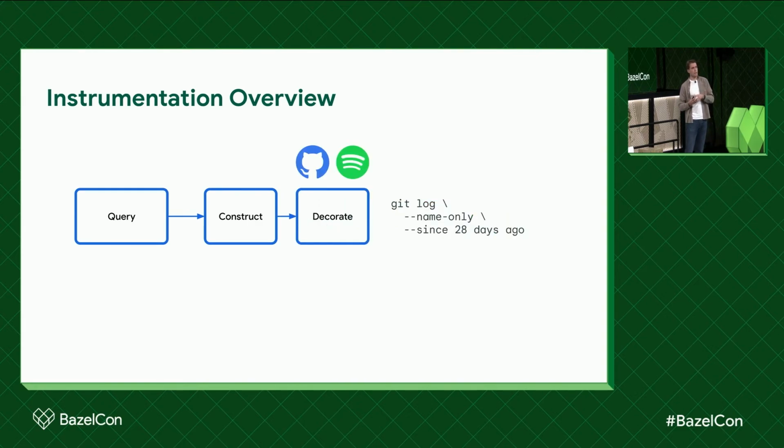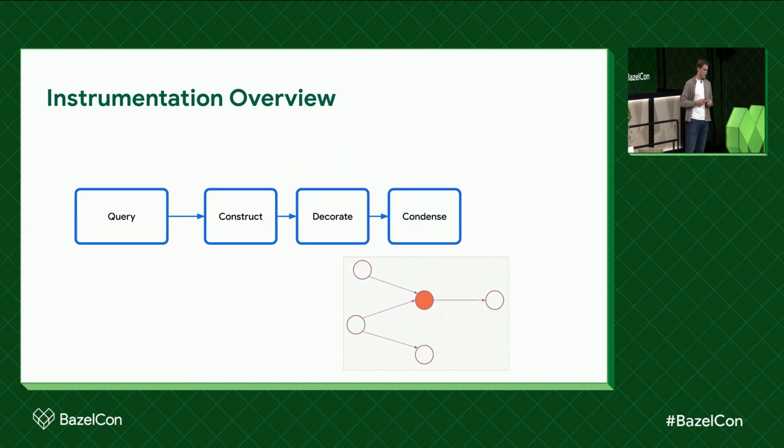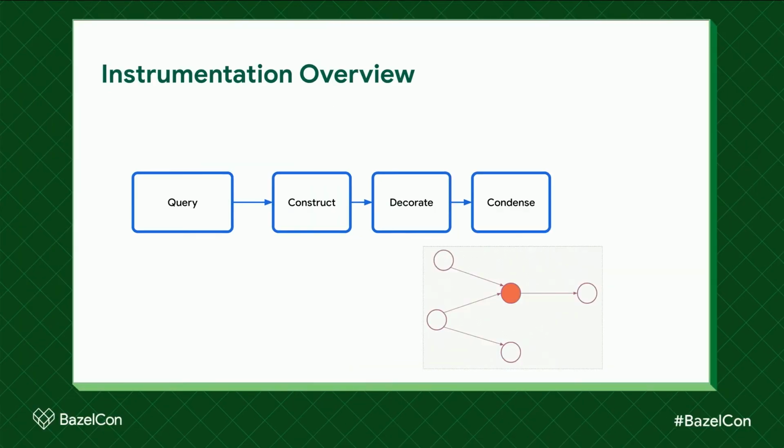With the complete graph on hand, we have a decoration step where we add some additional metadata to the graph, such as internal ownership data and Git contribution data, marking all source files by the number of times they've changed over the last 4 weeks. But the complete graph we get from the XML file is really big, and it contains all the source files, file groups, and other targets. So to make it easier to understand and calculate the metrics, we have a condensation step where we allow the developer to specify what targets to keep and which ones to remove. And as we remove targets, we rewire the edges to keep the same connective properties of the graph and propagate the decoration data forward.